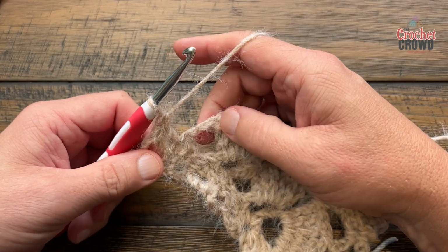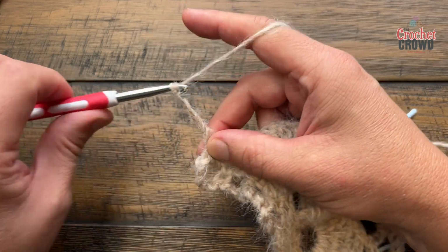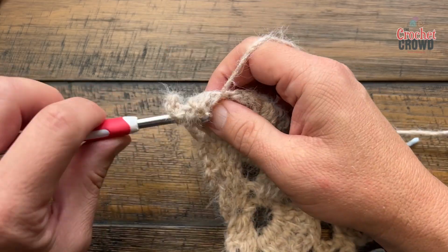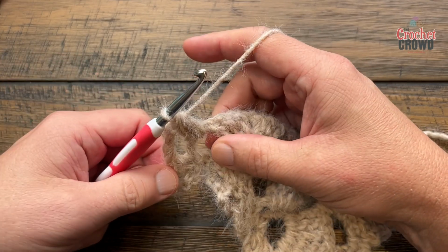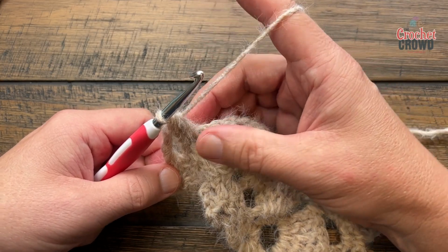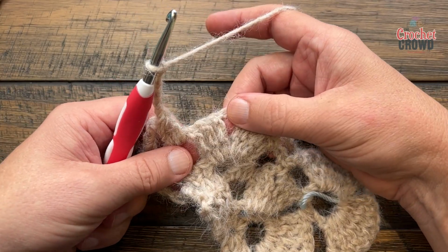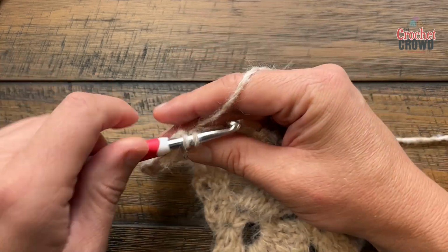The first cluster is going to be in this space right here, but you need to chain 3 before you do it. So 1, 2, 3, and cluster right into the next space. Essentially, it's like a 3 together double crochet, to be honest. So once you see the 4 loops, just pull through all 4. Now the rest of the jumping is all going to be chaining 5s until you get to the other side. So we're going to chain 5, 1, 2, 3, 4, 5, and go to the space that is in the middle of this group. So you have 3 double crochet or 3 treble, chain 1 and 3 treble, it's right here. So single crochet there,